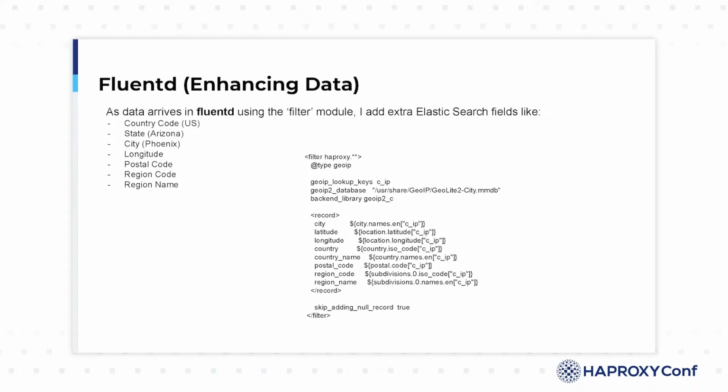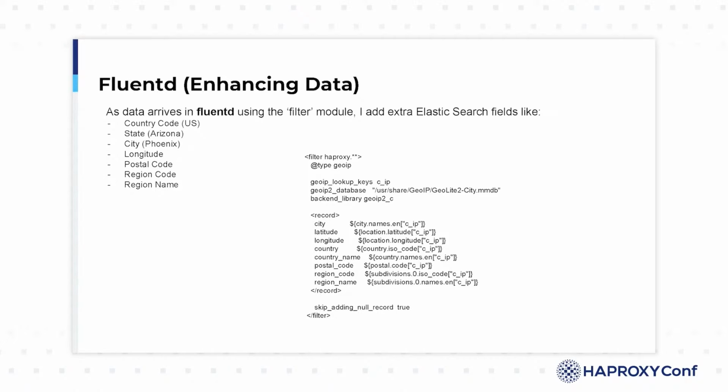So for instance, in my default log format, I'm not actually logging within the HAProxy log the country, the city, the state, those kinds of things. Instead, I'm having FluentD enrich the data before it gets into Elasticsearch, and then I'm getting that enhanced data within Elasticsearch. So you can see here, for instance, an example of the FluentD configuration,